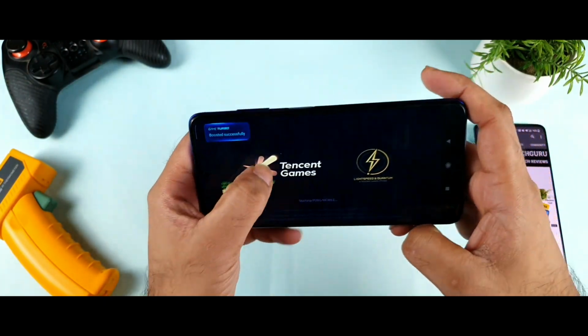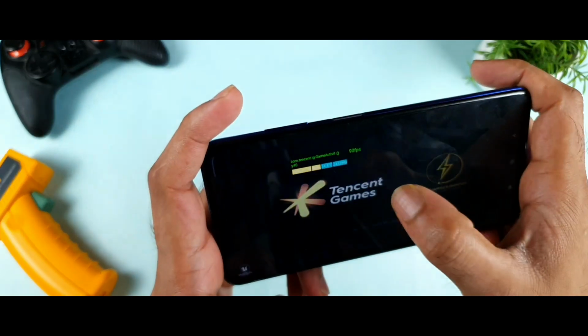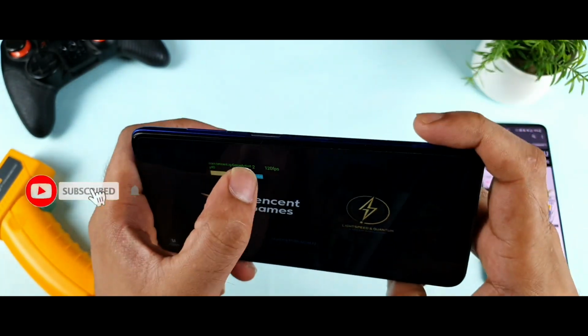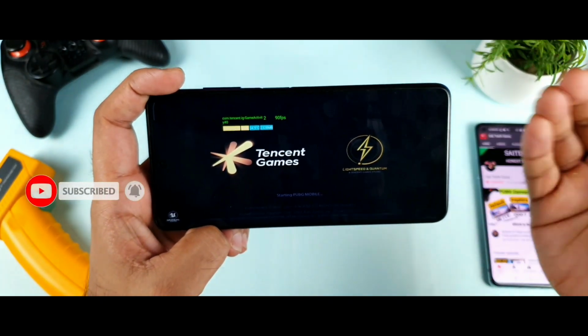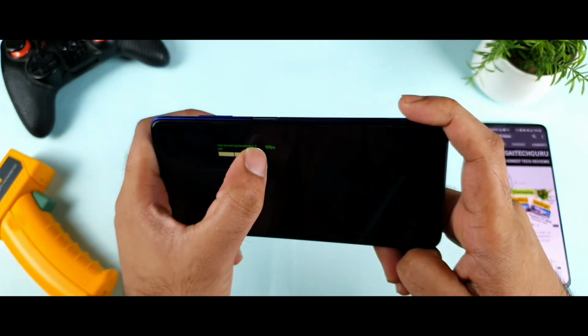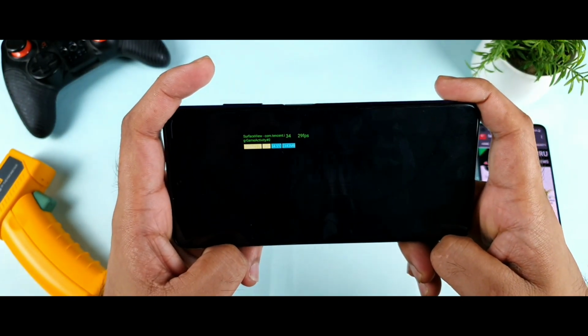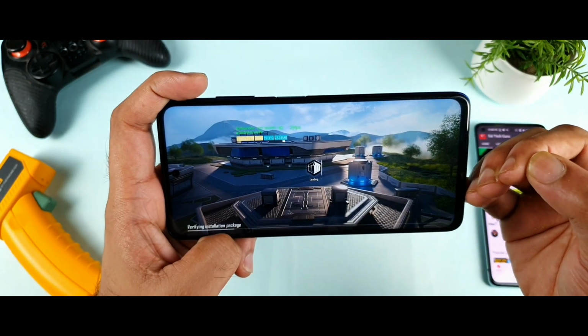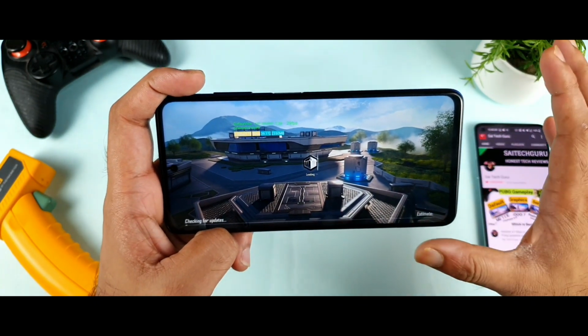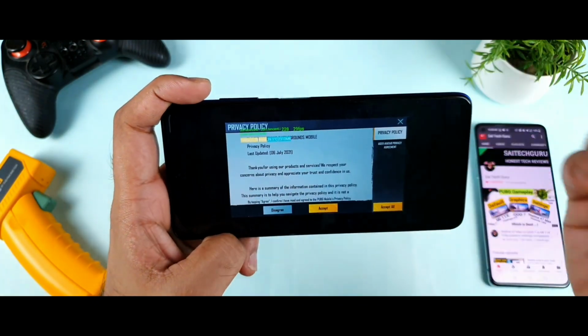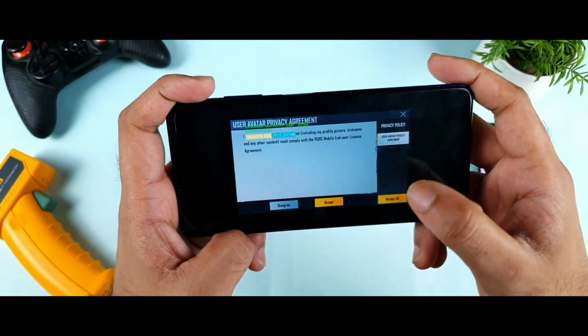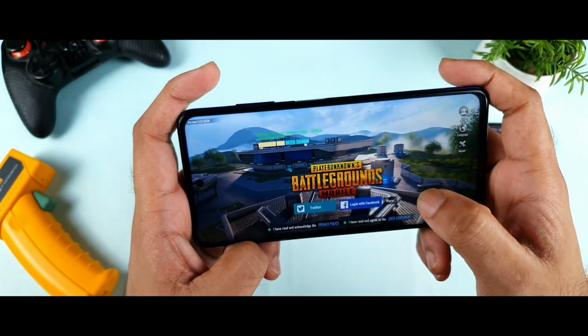This is a real-time FPS meter which I'm using during this demonstration, which will give you a quick idea of how much FPS the game is actually running at. That is the reason I thought of using this real-time FPS. This is my first time opening this game, as I said, without using any GFX tools and no config, nothing. I just want to show you in front of the camera, friends.